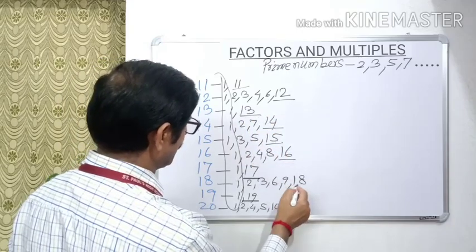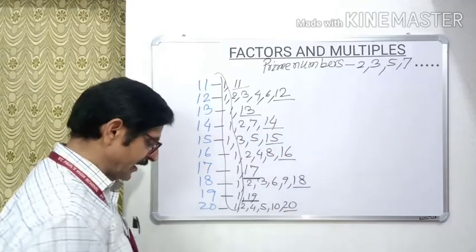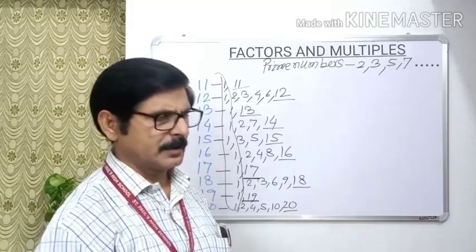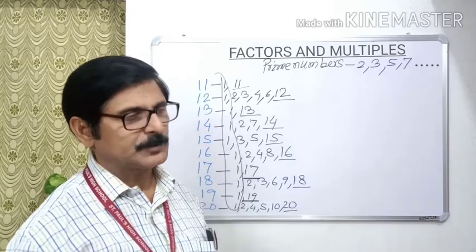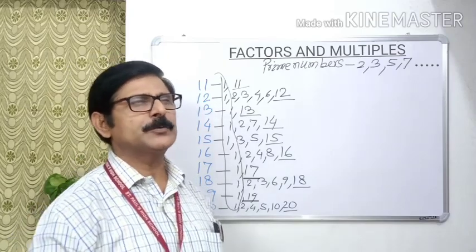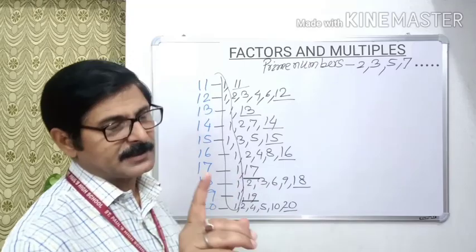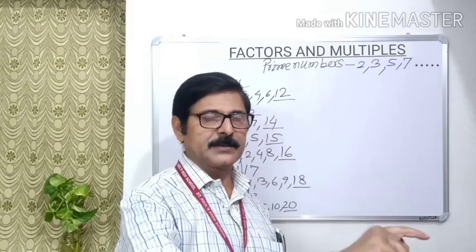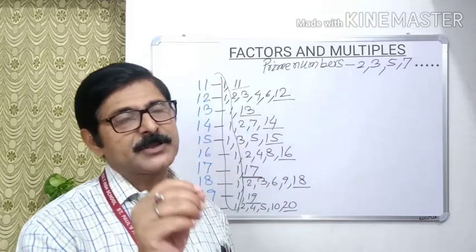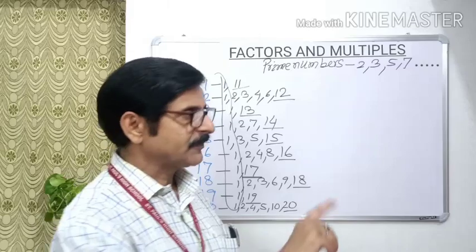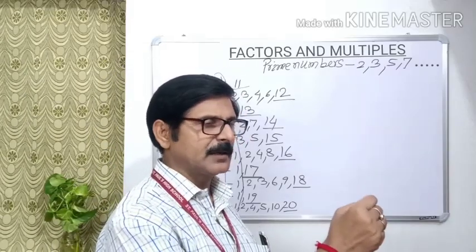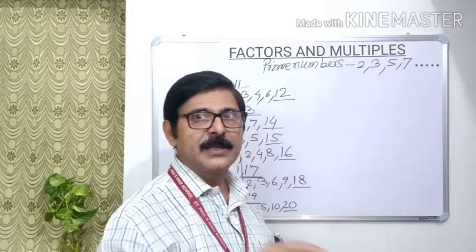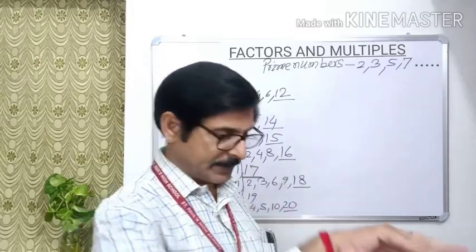So 2 factors are already known. For the remaining, we need to use a divisibility test, or for the numbers for which we do not know the divisibility test, we need to do the actual division. But remember, a factor divides the number exactly. If you divide a number by another number and the remainder is 0, only then you will say the divisor is a factor of that number.